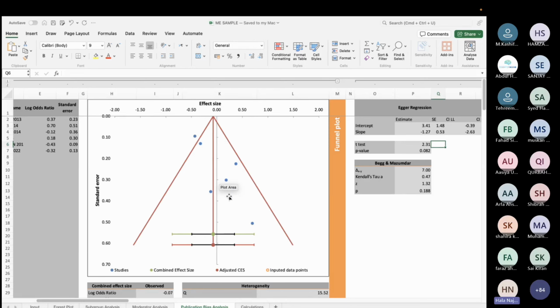कोई वैल्यू नहीं देखनी है इसमें, ये सिंपली एक सब्जेक्टिव चीज़ है. You're looking at this imaginary triangle and looking at are the studies spread evenly. So in this case I would say that there is publication bias. ठीक है? Why? Because एक साइड पे 3 है, एक साइड पे सिर्फ 2 है, and एक तो outside the triangle है. Publication bias is just to check are there any studies that are unpublished or not.